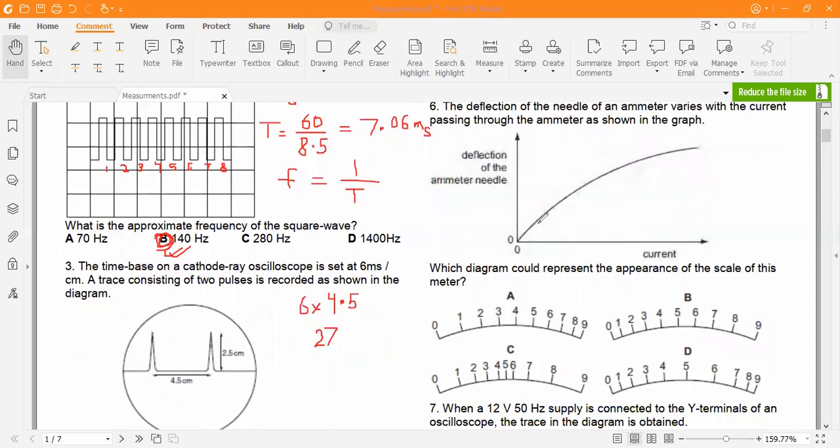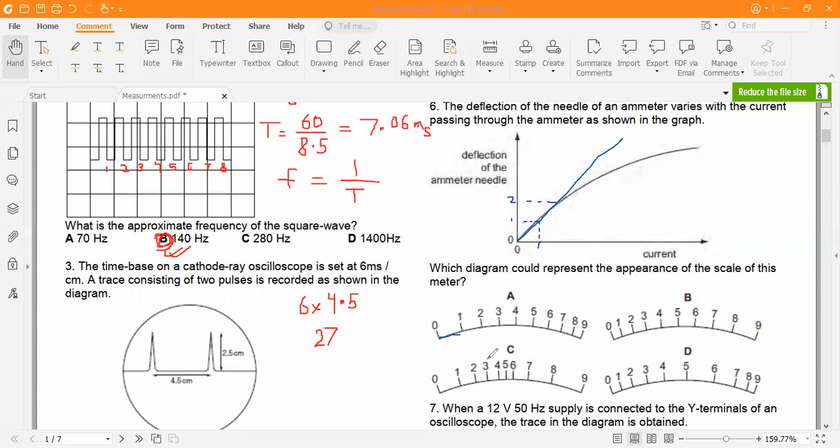So let's assume a case if this was linear. In that case, we could go with this one, right? Because one unit would represent one ampere of current. So if this is one, this would be one. If this is two, this would be two. In case of linear graphs, that's what happens. If this is three, then this would also be three over here. And in that case, we could have used this graph, which is linear.